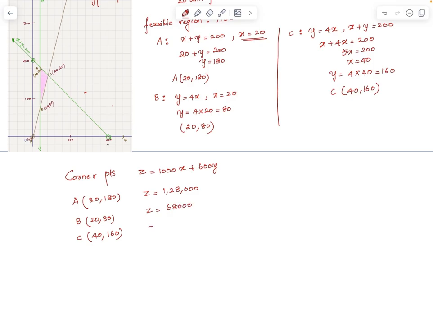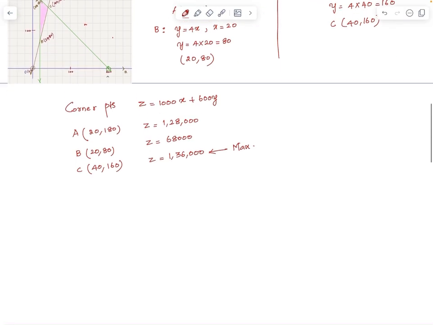At 40, 160, Z is 1,36,000. Out of these three values, 1,36,000 is the maximum, which implies Z is maximum at C,